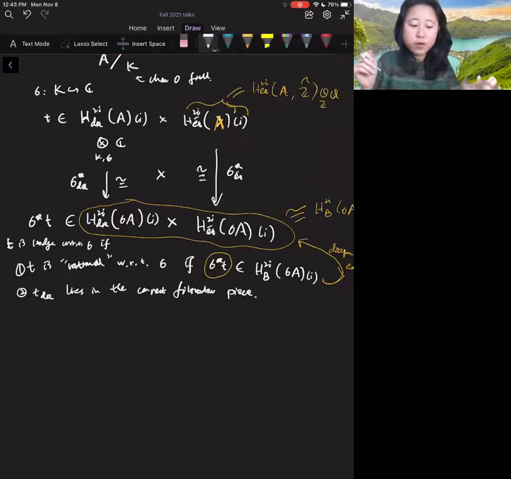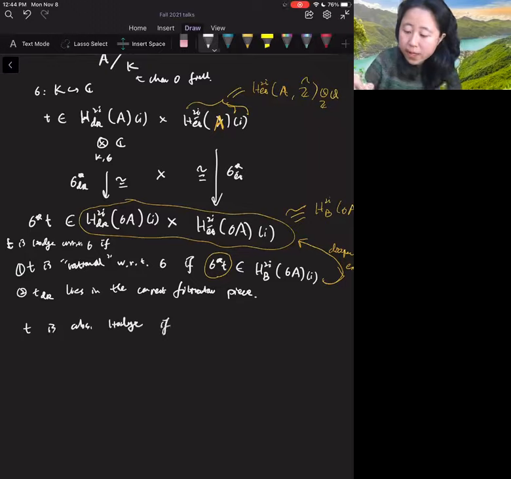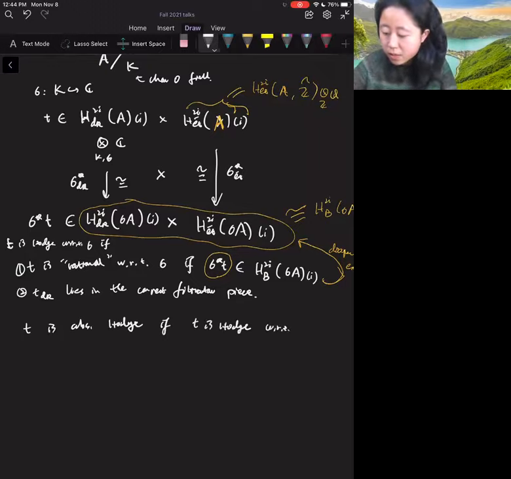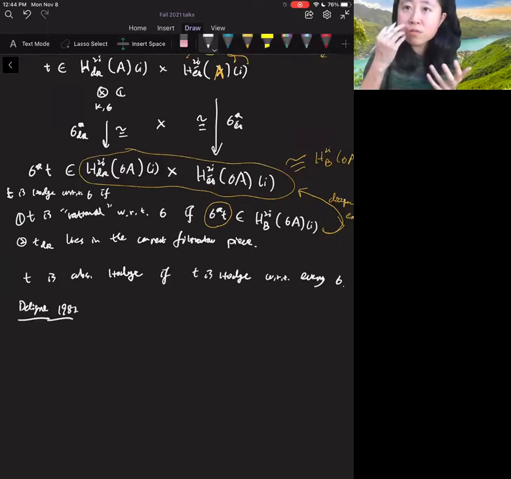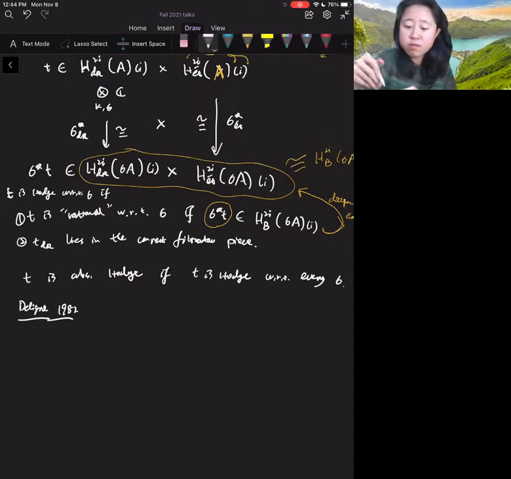Okay, and we say that T is absolute Hodge if T is Hodge with respect to every embedding sigma. Okay, and I mentioned earlier that algebraic cycles are automatically absolute Hodge cycles, and a remarkable result that Deligne proved in 1982, which is very important to the foundations of Hodge-type Shimura varieties, is the fact that Hodge cycles